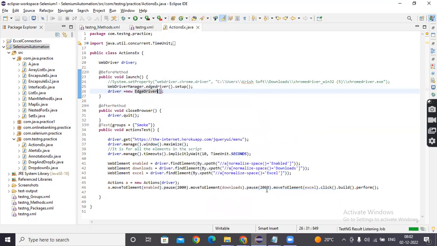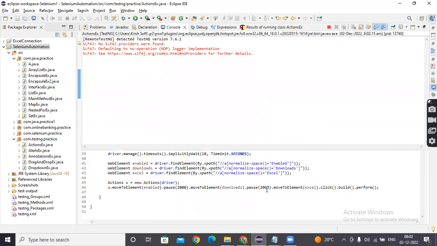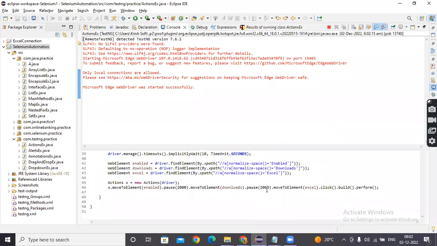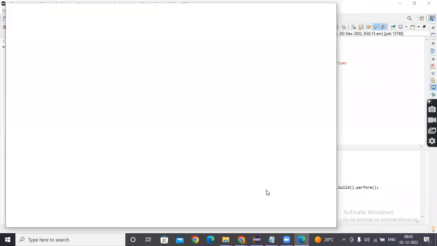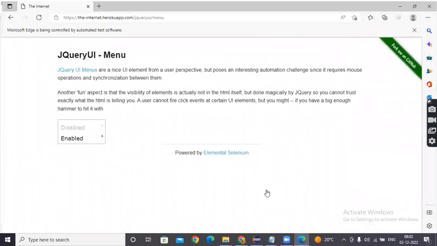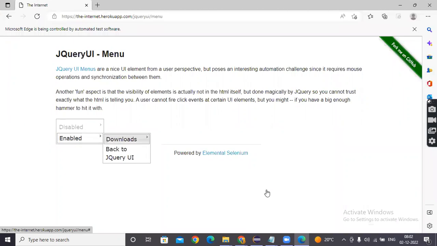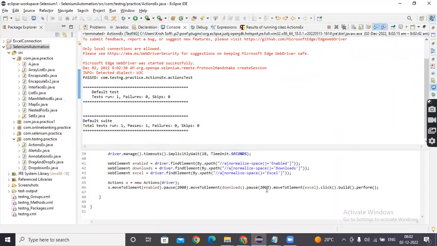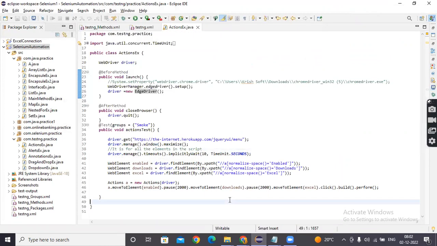See carefully. Perfect. The driver is launched successfully and it is working on the Edge browser also. But my requirement is,